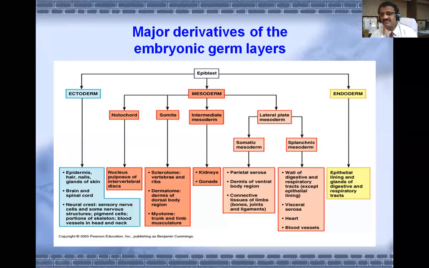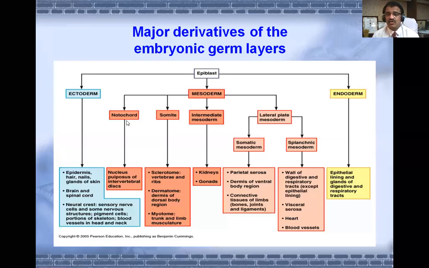We'll take last first. That is endoderm. It gives epithelial lining and glands of digestive system and respiratory tract. So GIT and RS. Okay. And that too epithelial lining, inside lining, not the bulk. Inside lining is only formed by endoderm. Very little thing is formed by the endoderm, and the remaining part of the bulk of the body is formed by the mesoderm. So it's huge.